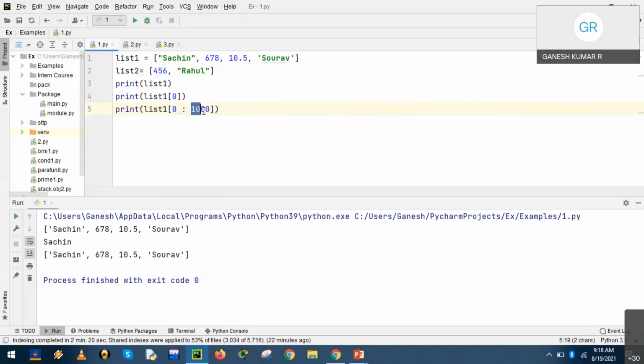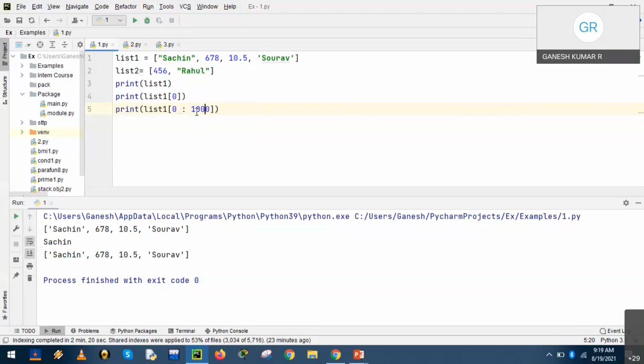So irrespective of the upper limit value, the Python interpreter will consider only the existing maximum value, 0, 1, 2, 3, 0 to 4. If it is beyond the range, it will be ignored, and the minimum upper limit will be considered, that is up to 4, irrespective of the value.